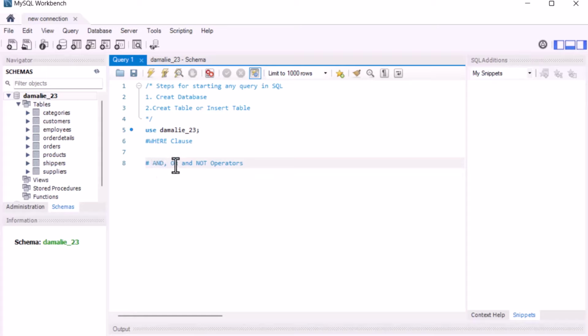Or, so when do we use OR? The OR operator displays a record if any of the conditions separated by OR is true. And also, when do we use NOT? The NOT operator displays a record if the condition is not true. So let's practice this in real time. So we can say